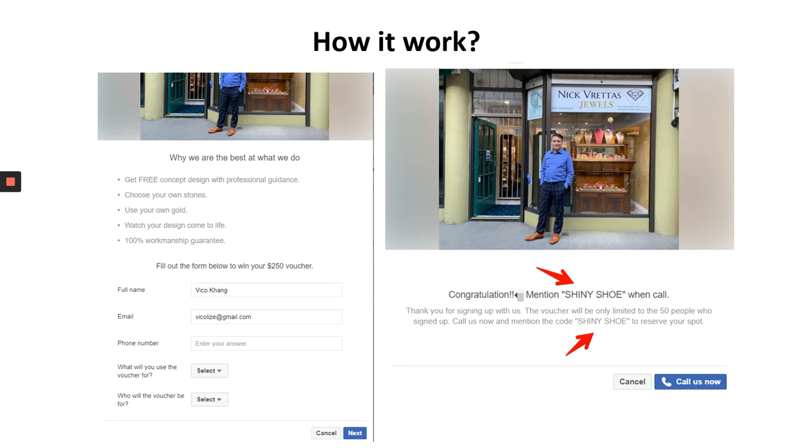The reason we have that in place is to keep track of our conversions. When someone calls your store, they could be people who saw you on the radio, on TV, or who did an online search and found you. We want to differentiate our people from those people. So when someone rings your store and says Chinese shoe, you or your staff will know exactly where they come from and what they've been through. They've been through the campaign I'm explaining right now, and your staff will know exactly what to say to them and how to deal with them.